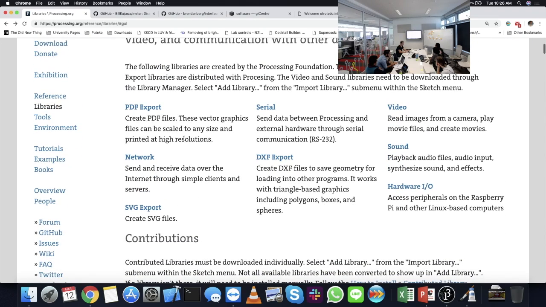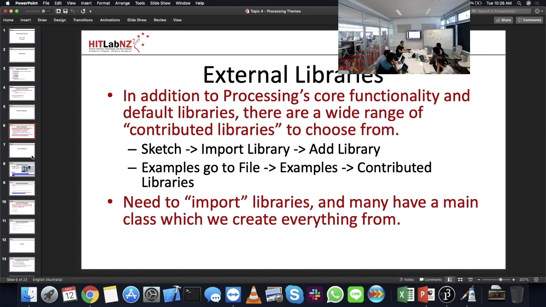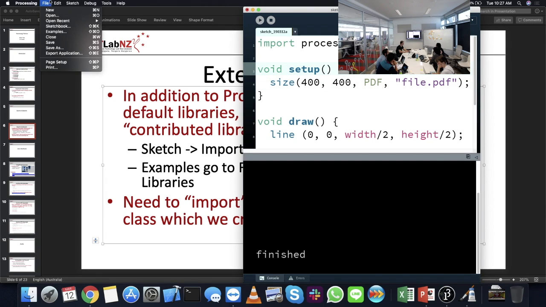I know in Christoph's design course, he often had the students design a PDF using Processing, but unfortunately we always had this conflict of who was going to reach that point in the course first, and unfortunately Christoph often beat me, so the students were always a bit frustrated that they'd be doing PDF exporting before we'd actually talked about it in the programming part of the course. So I don't think Anthony's planning on doing that this time, so you don't have to worry about it, but you know that it's there in case you produce some really beautiful artwork and want to export it as a PDF, so you can blow it up to A0 size and still have it nice and sharp and everything. It's there. Okay, anyway, after that massive digression,